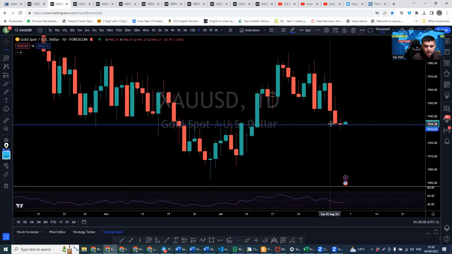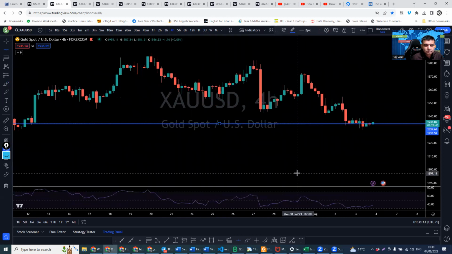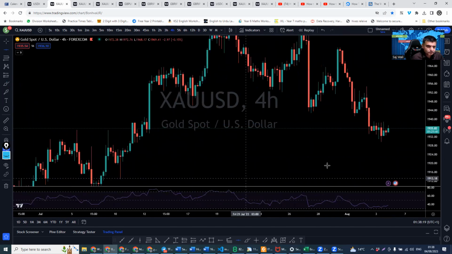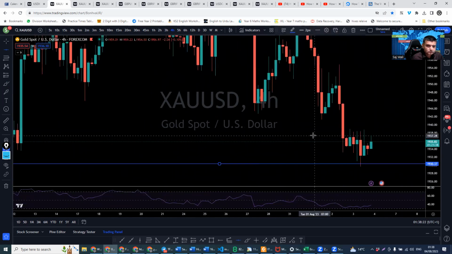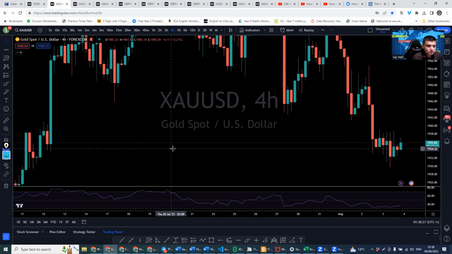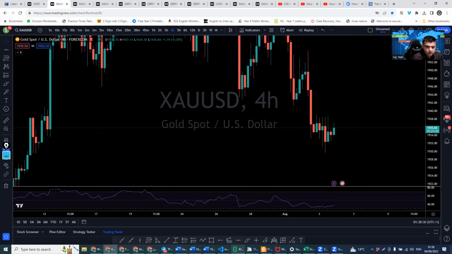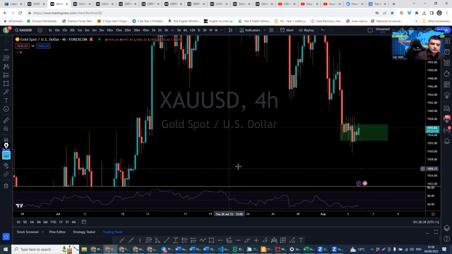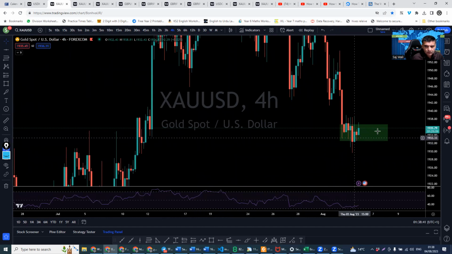If we make this a level in daily, so let's see 4 hour, we'll probably have a better picture. Right. As you can see, this range needs to be broken out before we can see a clear move, either to the upside or to the downside. And if it's broken, we can see